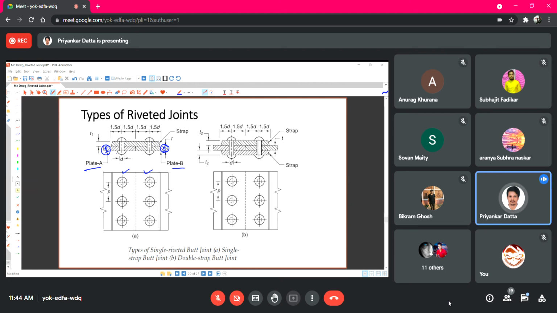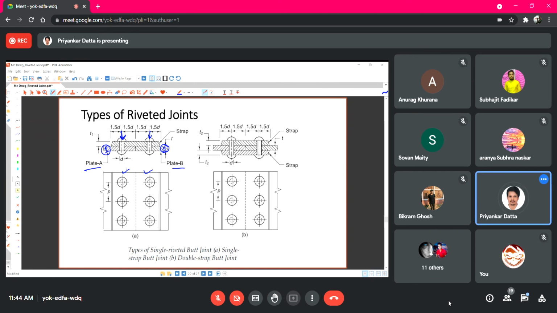Now you notice that if we pass only this rivet, then this plate 2 or plate B will be free, so it will not be fixed with plate A or plate 1. So along with this, this rivet is also essential. So a minimum of two rows of rivets are required to complete a butt joint. Since this is the minimum number of rivets, although two rows are required, it is called a single riveted butt joint. Now, depending on higher numbers, for double riveted, there will be four rows of rivets.